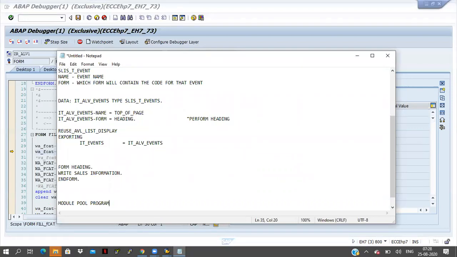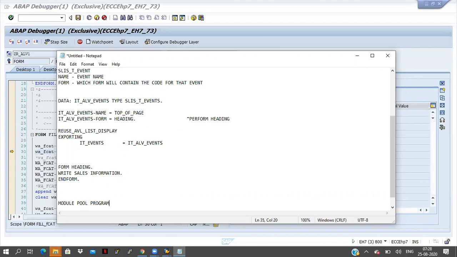So how are they designing all these things? From the starting level, you are giving user ID and password, and when you click the enter button, it will open the screen, right? That screen is developed through module pool program only.